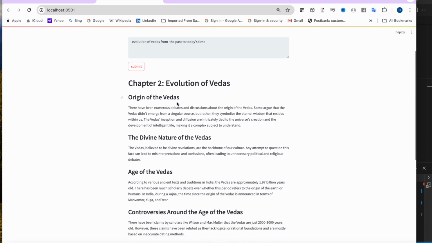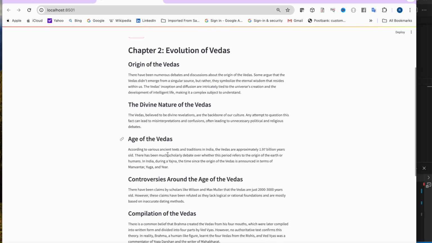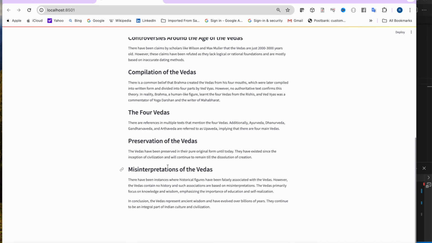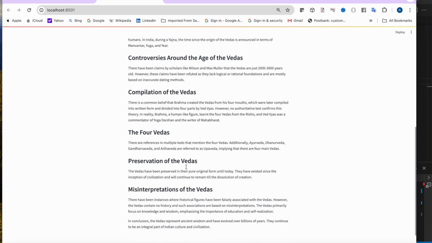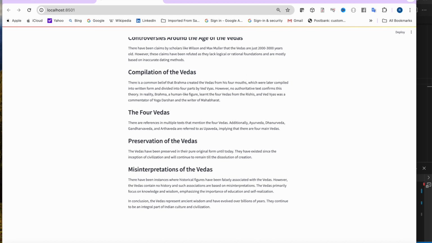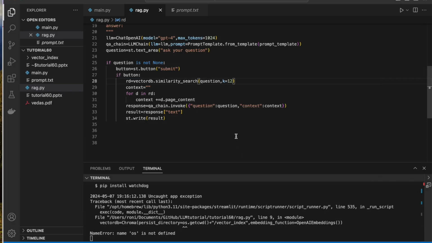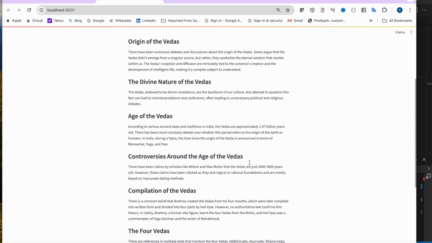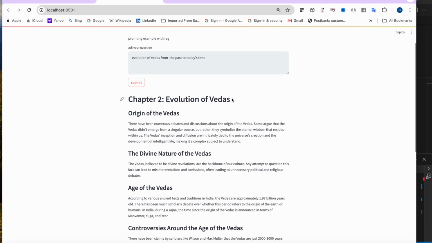Okay, so origin of Vedas, divine nature of Vedas, age of Vedas, controversy around the ages, compilation of Vedas. Everything is more detailed where it is coming, right? Now the main thing is here. I increased the documents and it is trying to give a more contextual answer, but